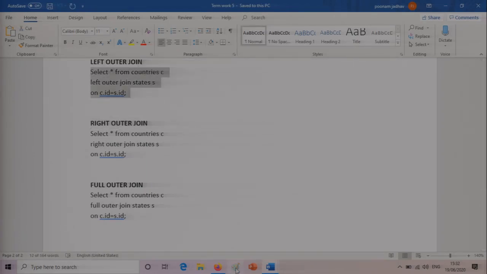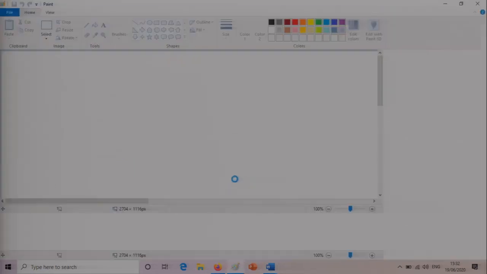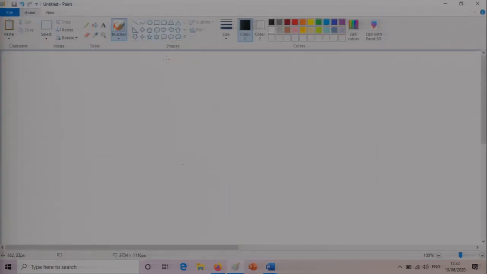I'll just try and open. Okay, so if I had to draw here, then inner join would be something like this. Sorry, this is not coming proper, so let me just undo it. Okay, let me draw a circle.